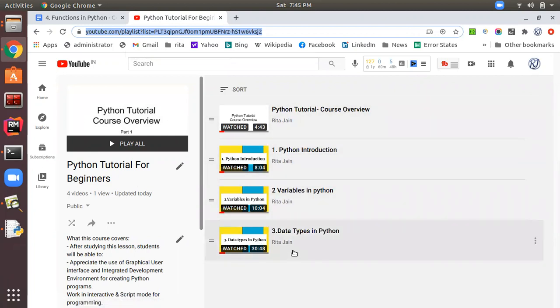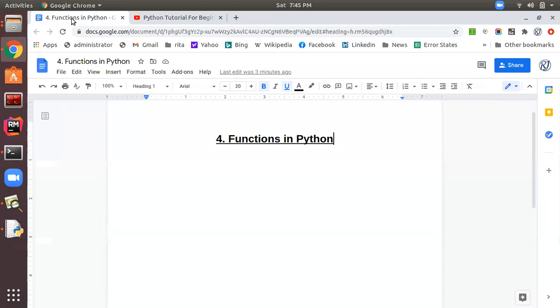Under section 3 of Python we learned about the various data types, which are the important 7 data types, like number data type, string data type. Then we learned boolean data type. Then we learned a few collection data types like list, set, and dictionary. Details of these data types you can find in this tutorial section 3. So let's start section 4 without any delay, that is functions in Python.